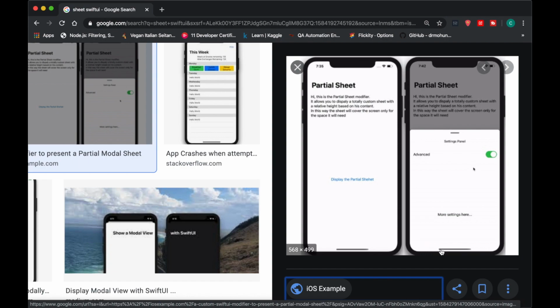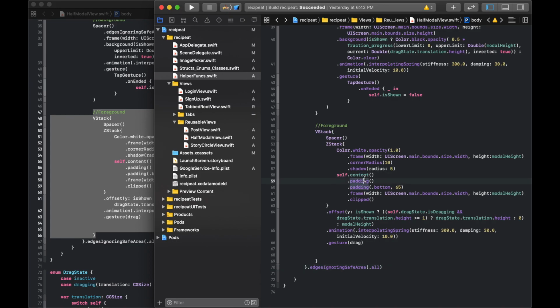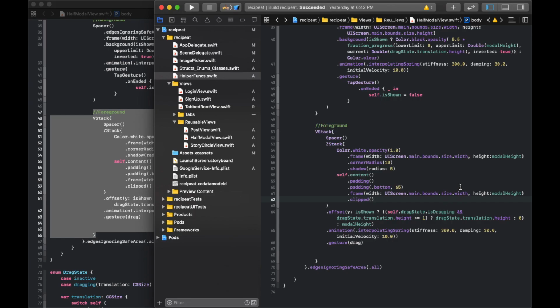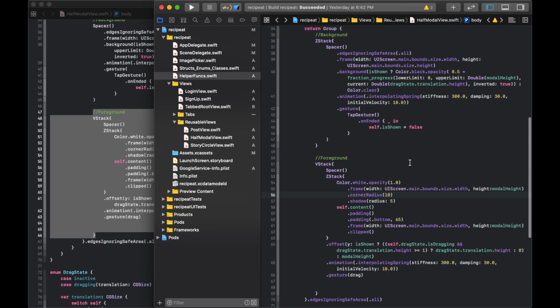You don't want content that low. You probably want it to start about right here. So I went ahead and included that by putting a padding of 0 as well as a padding of 65 at the bottom. So sorry, not 0 here. This is a standard default padding of like 10 or 20 or whatever the default is. It's all around, but then right here I put an extra padding of 65 on the bottom. And we clip it so that the content does not fall off the bottom here or off the right and the left. Okay, so now that we have that,